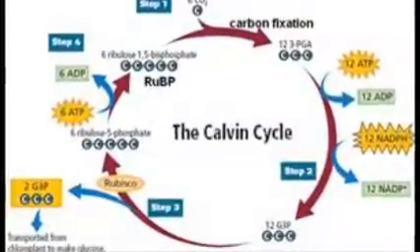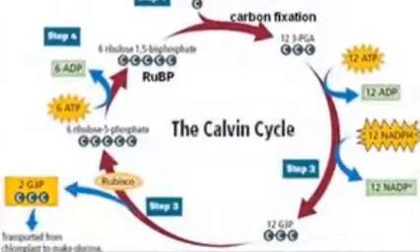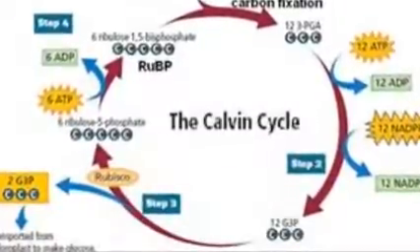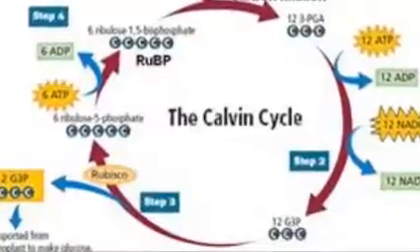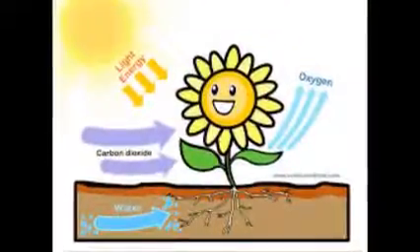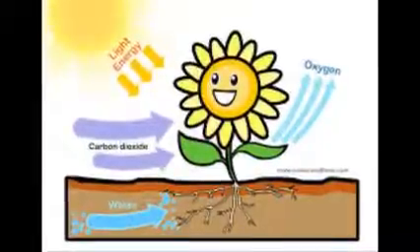Half of the G3P is used and the other half is reused to make RuBP and put back into the Calvin cycle. Without ATP or NADPH, this will not be able to work. That is the